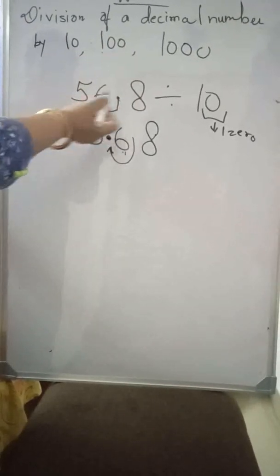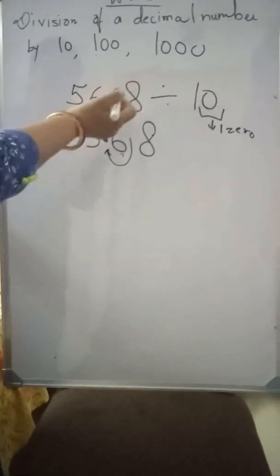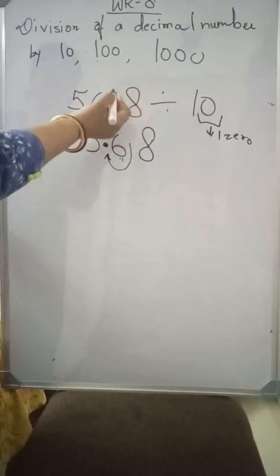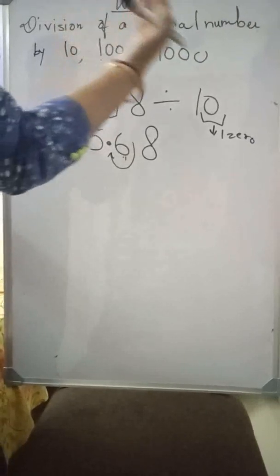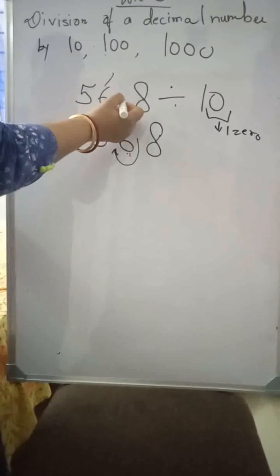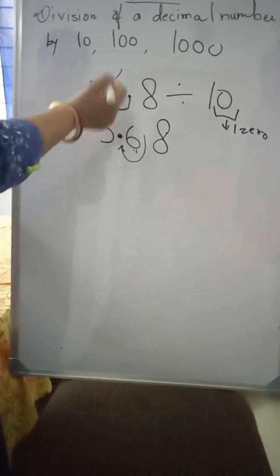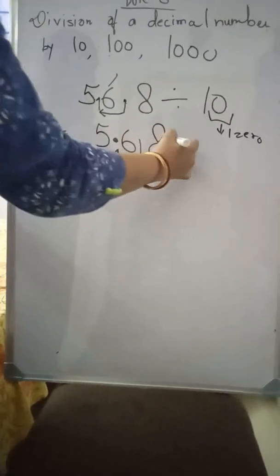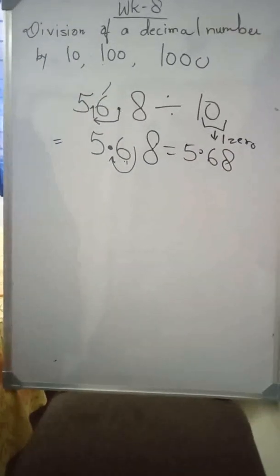यहाँ पे देखो, in this dividend 56.8 it is divided by 10. 10 में 1 0 है, 1 0 is there. So here this decimal point will shift one place, one digit, and then it shifts only one place to the left side, not to the right side, to the left side, and this decimal point changes its place from this place to this place. ये 8 के आगे पे नहीं होके ये 6 के पास आ जाएगा, ओनली वन डिजिट, क्योंकि 1 0 है इन डिविजन, राइट? सो हियर द आंसर इज 5.68. करेक्ट? नाउ कम टू द नेक्स्ट एग्जाम्पल.